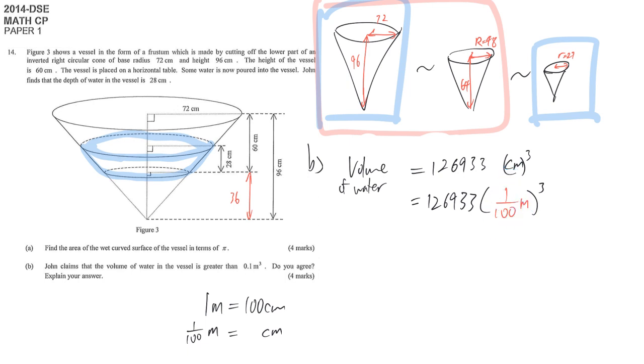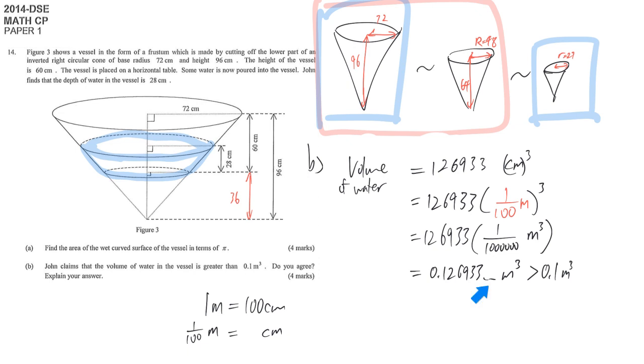Afterward, we just follow our index law. 1 over 100 power 3 gives 1 over million. And then m power 3 gives m power 3 here. So it's 0.126933 m power 3. And then with the same units, we can compare with this. This is larger than 0.1, larger than 0.1 meter cube. So that's why you say that you agree that